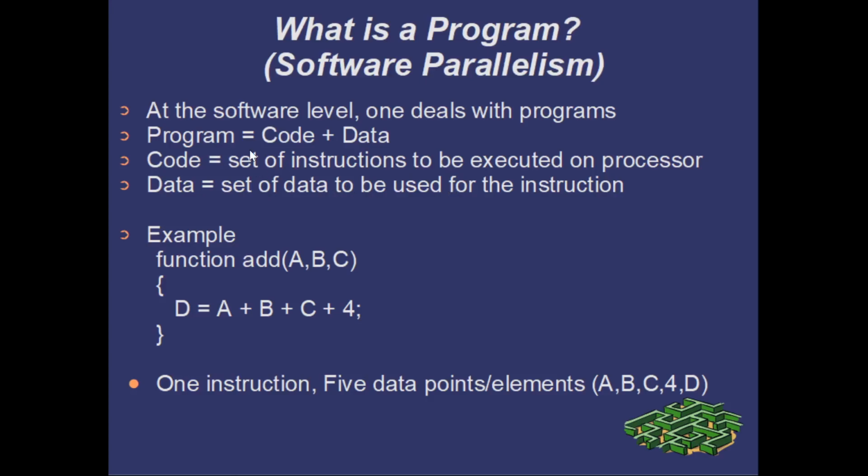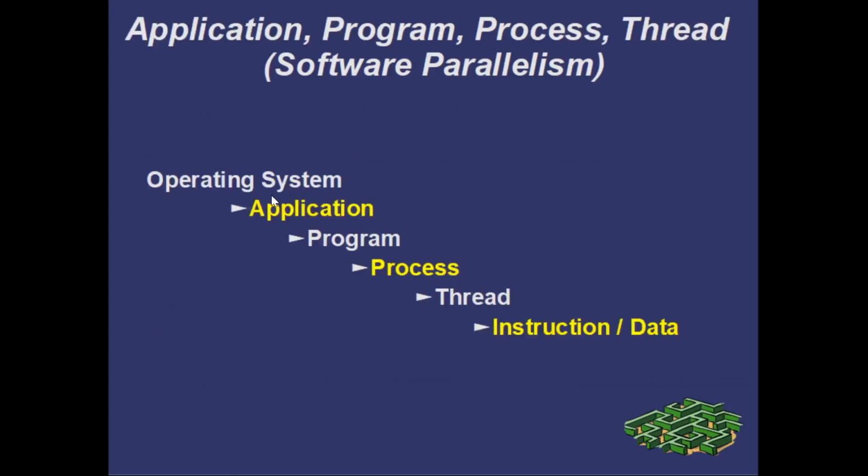So we spoke about what a program is, right? A program is nothing but a combination of your instructions plus your data. Whenever you create an application, what is an application? A set of programs. You will have 2 programs inside your application, let's say my 1.java and my 2.java. So you can have 2 programs in a single application. Both these programs are part of the same process, and whenever you start an application, you're starting a process.